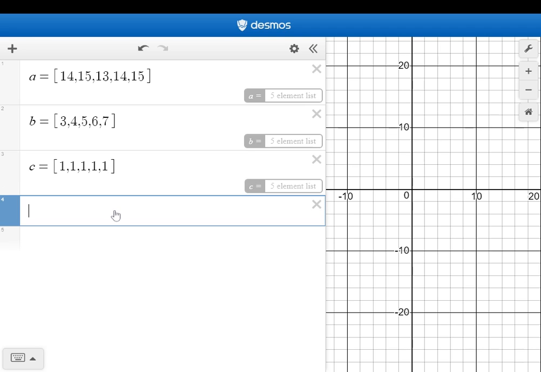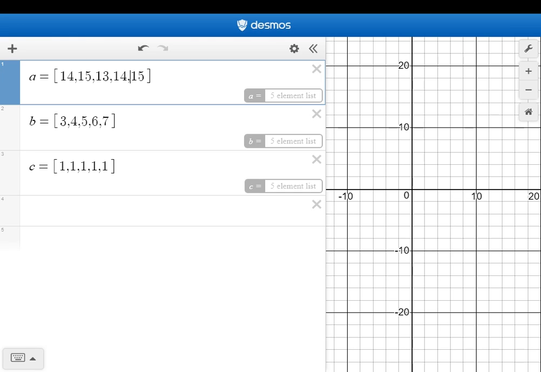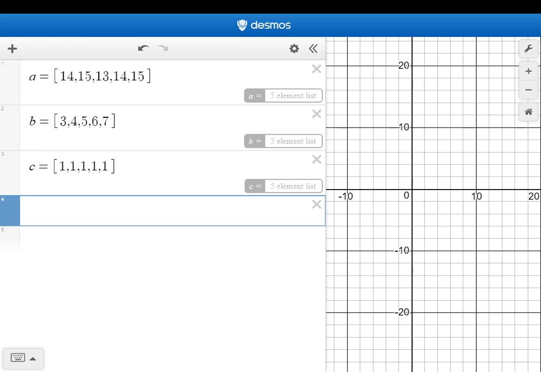So if we wanted to compare the measures of central tendency to each other, you might be able to answer some of these questions just using your common sense. Like which one has the largest mean? Well, that one definitely has the largest mean, right? Because my numbers are the biggest. But if I asked you which one has the largest standard deviation, well, then all you would have to do